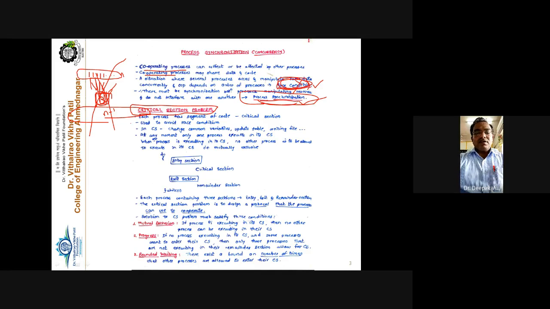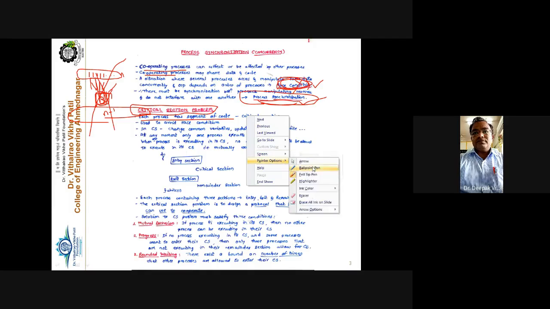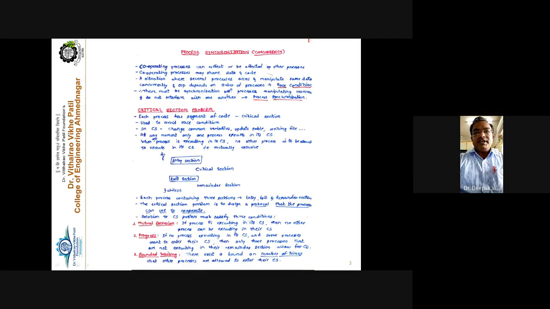So what is critical section? See carefully. Each process has a segment of code, and it is called the critical section code, right? Now this critical section code is to avoid the race condition. Why this critical section? Now we can say that process synchronization is implemented with the help of critical section